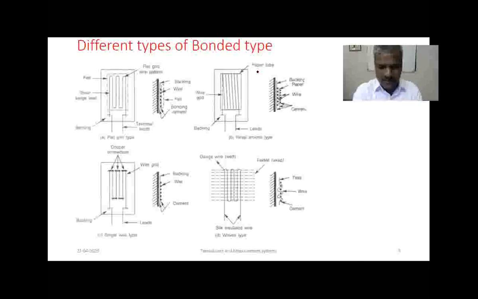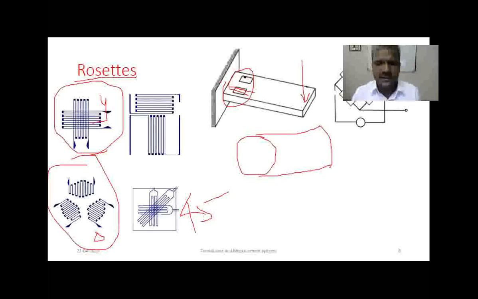So we have various types of strain gauges in our laboratories. You can see the sizes of strain gauges we have in our laboratory. This is a bonded type strain gauge. We can bond it wherever we intend to measure the strain. You simply bond it here. So you can realize the size of the strain gauge. The strain gauges are 4 mm width, 3 mm width, 5 mm length.